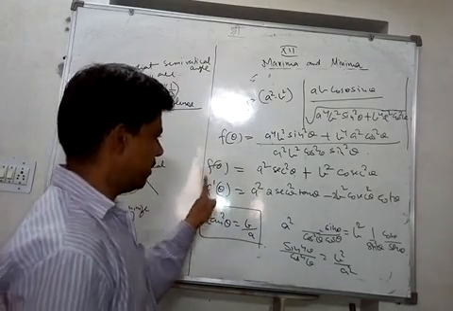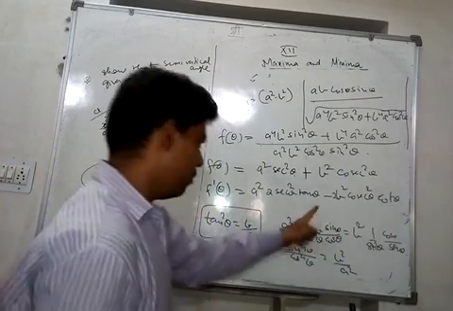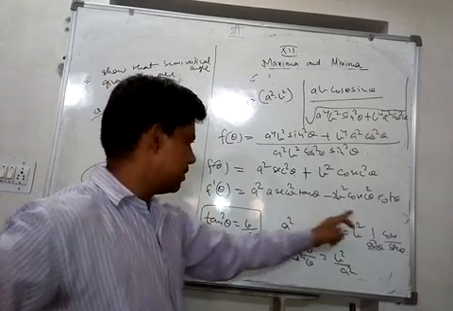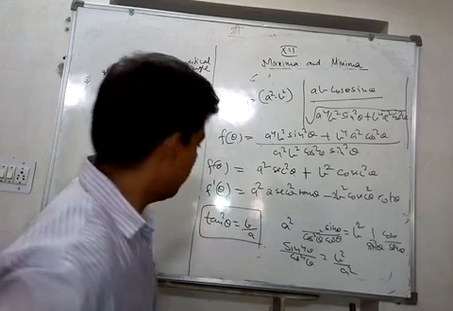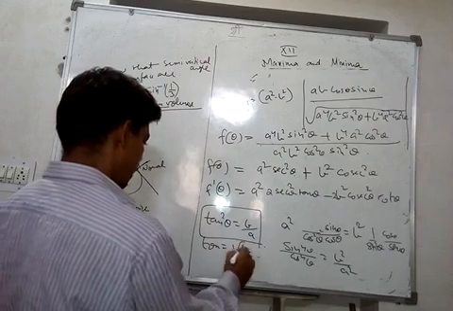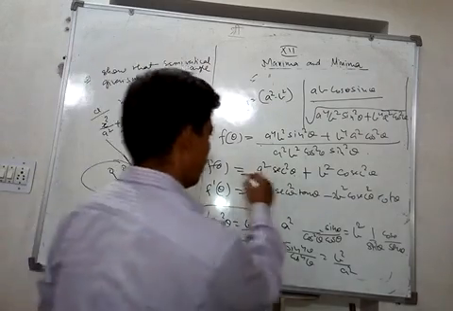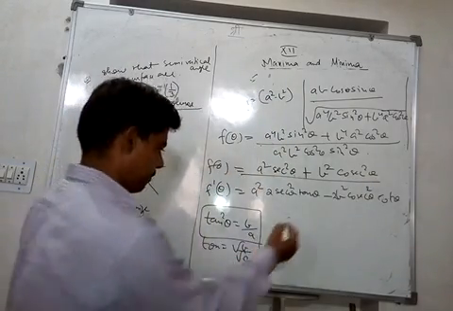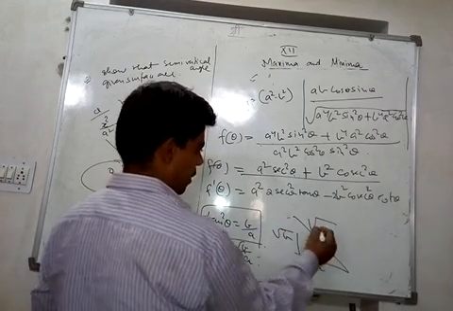So this is the value of tan² theta we are getting, b upon a, for maximum or minimum. For the minimum, we can differentiate one more time, and this term will definitely be positive, because minus one more time gives positive, and if this complete term is positive, this is our required minimum value. So tan² theta is b by a, and tan theta is root b by root a. Then we can find the minimum value of f theta. Let's make this root b, root a. This will be root of a plus b.